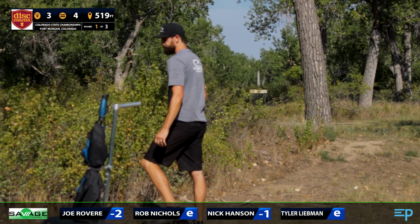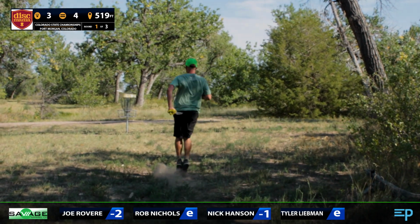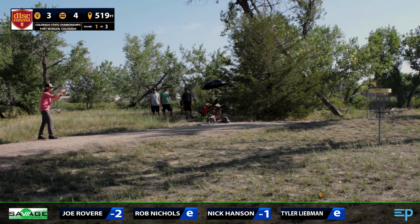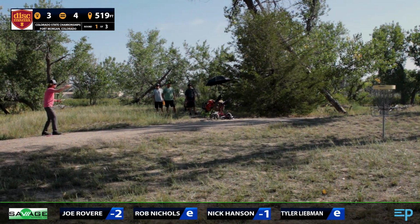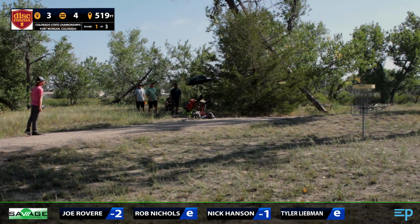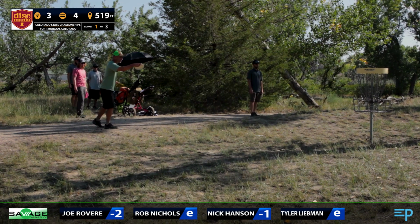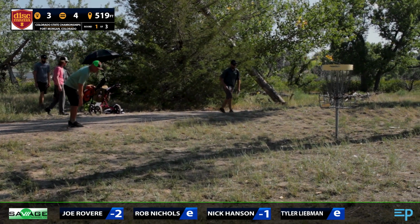Yeah, so even that, look at it. Oh, Joe thought that was in. Oh, that was a good-looking putt. And the wind had been pushing putts down, so he thought for sure he was going to get that and just kept it in the air. Oof. A little off the cage putt. That's okay, though. It was outside, so you want those to stick, but...